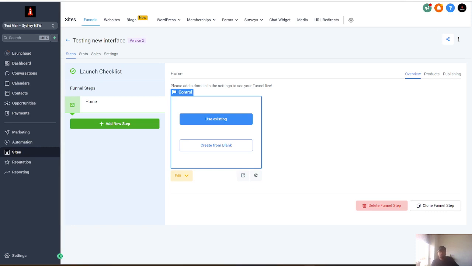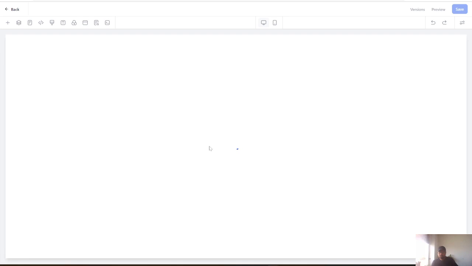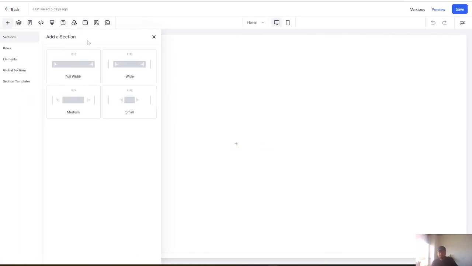So in this video, we are going to look into the new funnel builder from GoHighLevel. So we are in the funnels now, and on the first step, we go create a new funnel, and we are going to create from blank. So once this loads up, this will load the new interface, which you can see is very minimal, and the